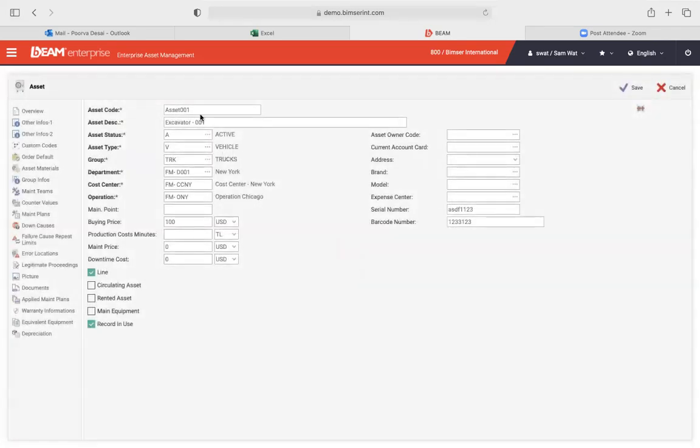So here we have the general information about the asset, for example, the asset code, the description, the status, the type, the group that it falls under, the department, the cost center, and operation. And on our left here, we have everything related to the asset,